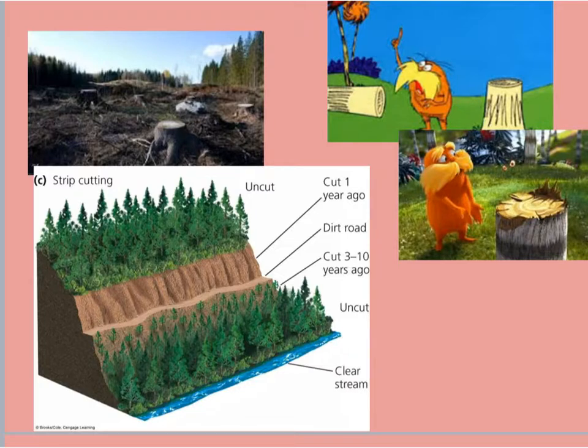If you look on the left-hand side, we see a clear-cut forest. And underneath it, we see what's called strip cutting. It's not really inside of your text or in the curriculum, but I want you to know about it. So there's an uncut forest on both sides of, let's just say, a mountain. And so basically what they'll do is they'll cut a road and clear cut into a strip of the